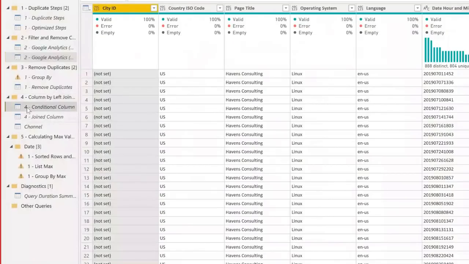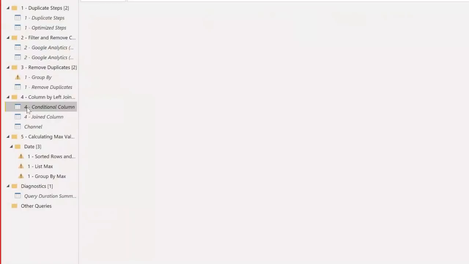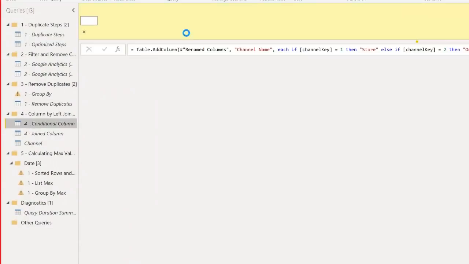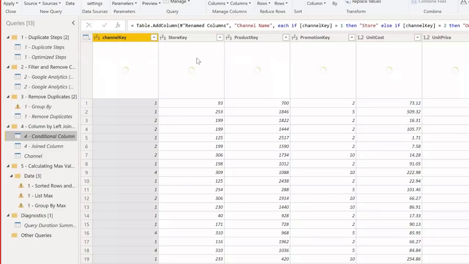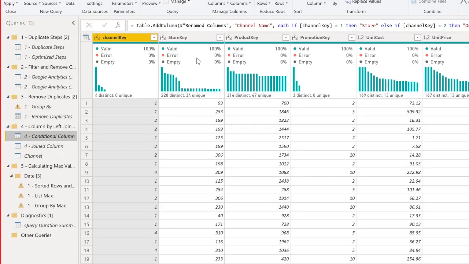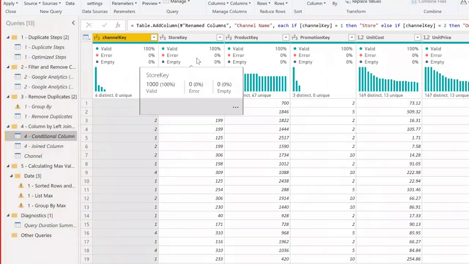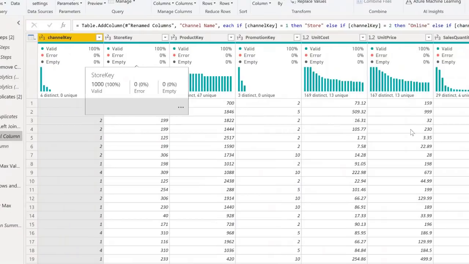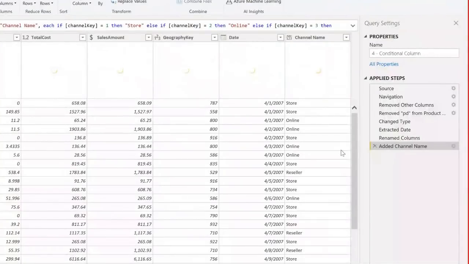And I'll go to this one just for sake of time. I'm going to skip through the remove duplicates. But there's a really important one that I'm happy to have learned from another Power Query guru, Ken Puls. He also does a lot of stuff with Power Query, located just a bit north of me up in Vancouver. A few years ago, I was asking him for some general advice on adding columns and performance. And overall, what you can do, and again, just think of this as an example, less about the actual data itself. If you're going to add a column into a table, regardless of what the column is,